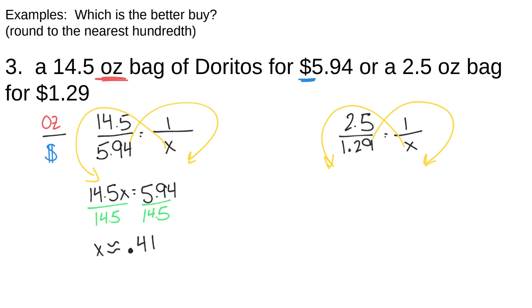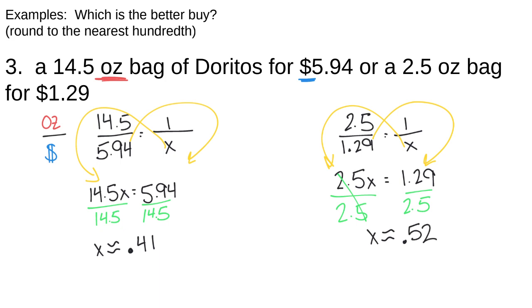So 2.5 times X is 2.5X, and 1.29 times 1 is just 1.29. To get X by itself, I need to divide by 2.5. That's going to get rid of that and leave me with just the X, which is what I want. And again, we're rounding 2 decimal places. So 1.29 divided by 2.5 is